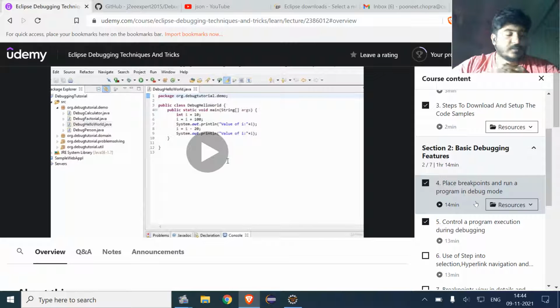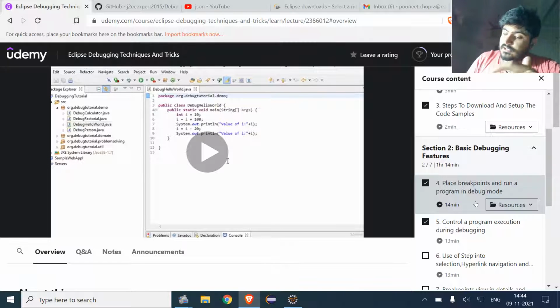For example, if a program is 100 lines, and after 20 lines I create a breakpoint, then after 40 lines I create another breakpoint, the program will stop there when we are running it in debug mode, and the execution is stopped at that point of time.